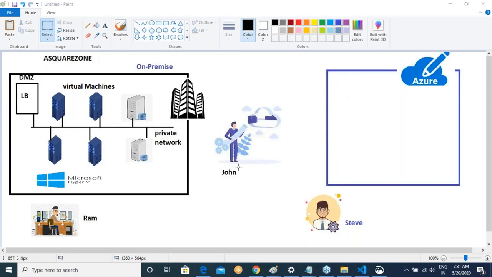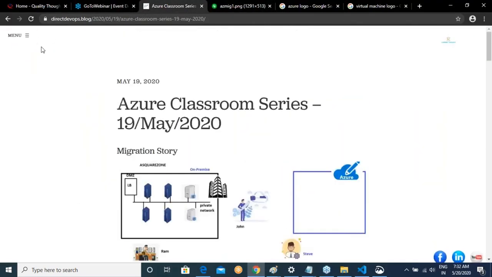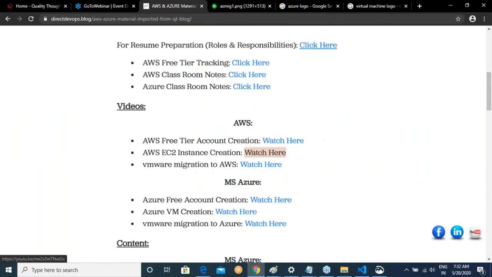Okay, sir. Then I think that's what I had for the class today. And tomorrow we'll be setting up a Hyper-V virtual machine. So I would recommend everyone in this class to have registered an Azure account before you come to the class tomorrow. If you have never created a virtual machine in Azure before, there is an Azure VM creation video. Please have a look at this. There is no need for you to create it also.